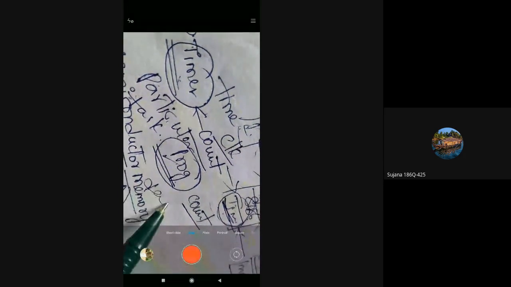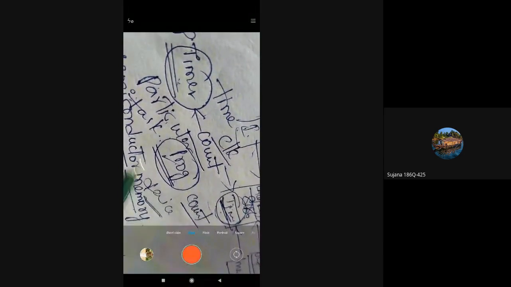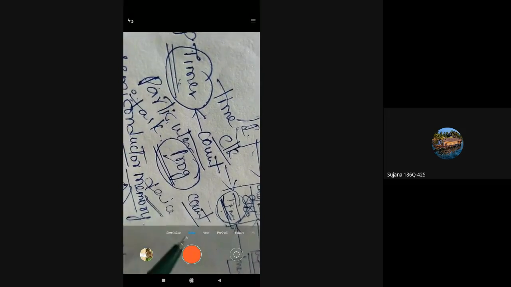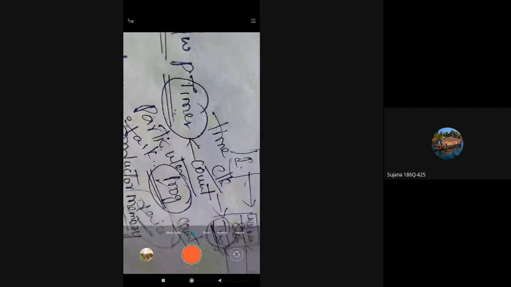If the device contains a timer, this timer will provide the time taken by the device to perform this particular task. That is what a timer does. It keeps the count of the clock pulses.